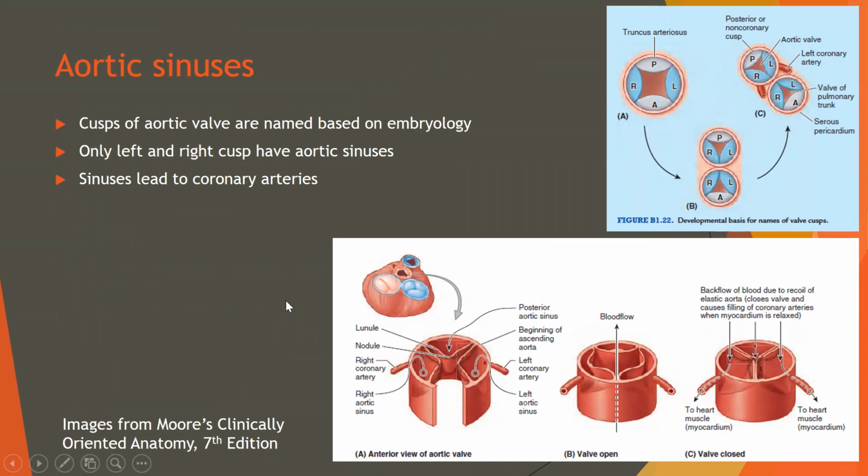Right, your aortic sinuses. Now, this is what I was mentioning earlier. The cusps of the aortic valve are named based on embryology. The only thing you really need to know about them is that it's just the left and right that should have aortic sinuses there. The aortic sinuses are